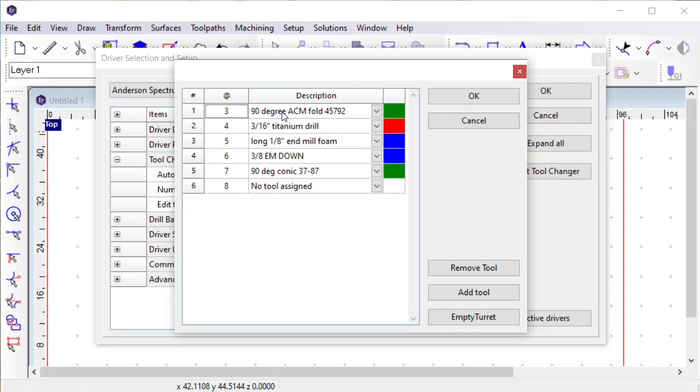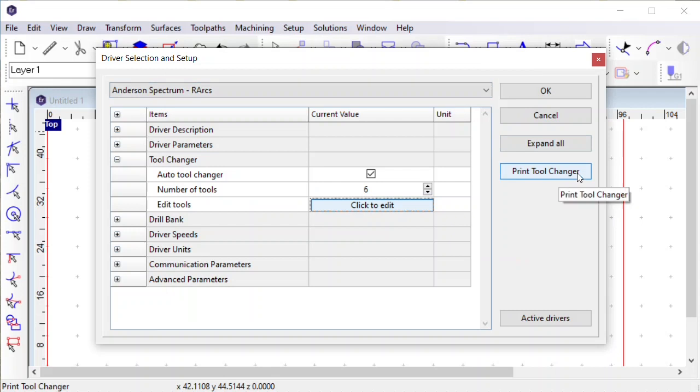So oftentimes I'll have people write out a list, get a pen and paper and write that out and actually have a physical list. You can even laminate this if it's going to be tools that you're going to kind of hang around for a while and hold on to, just so everybody knows and they're on the same page. And if there's a major change, you've got to go into the software and make that adjustment to match the machine. Well, now there's a simple print tool changer button right here,